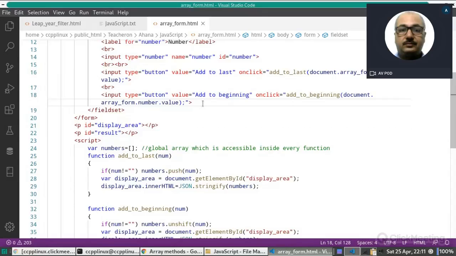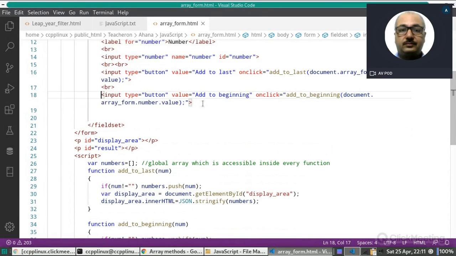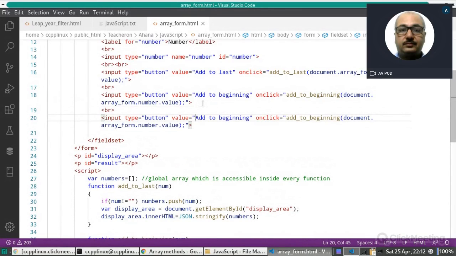Now suppose we have another button for searching purpose. Here we have to write search, and onclick equal to, first of all, we will write like this.